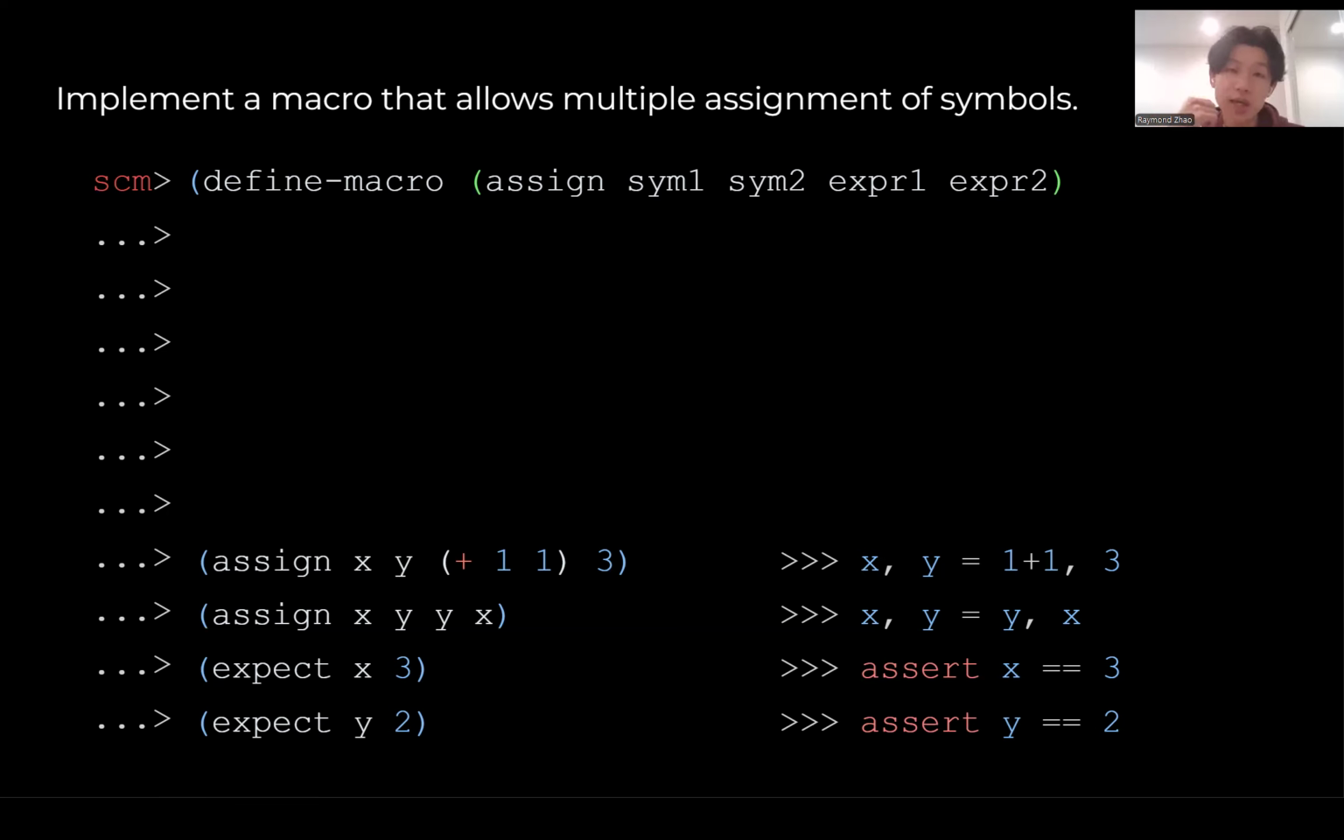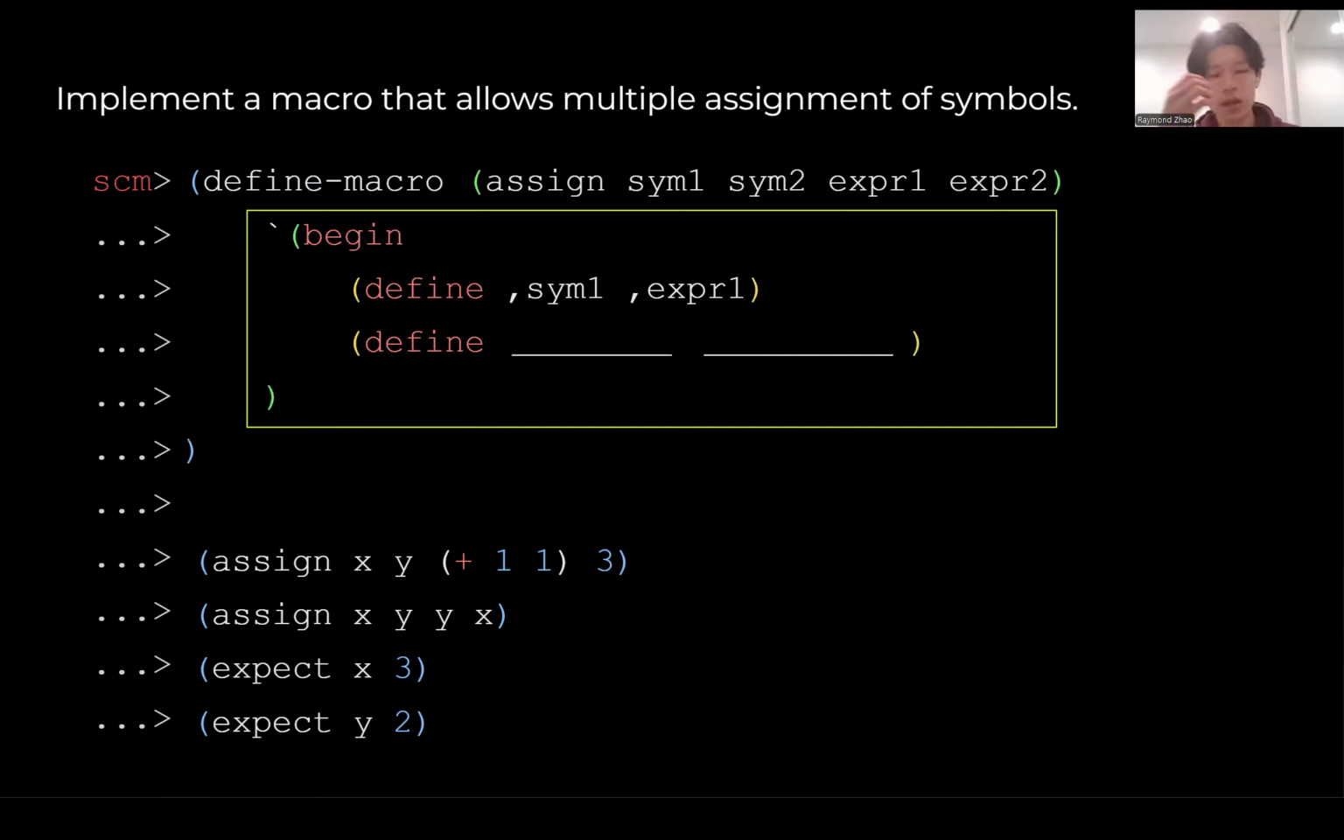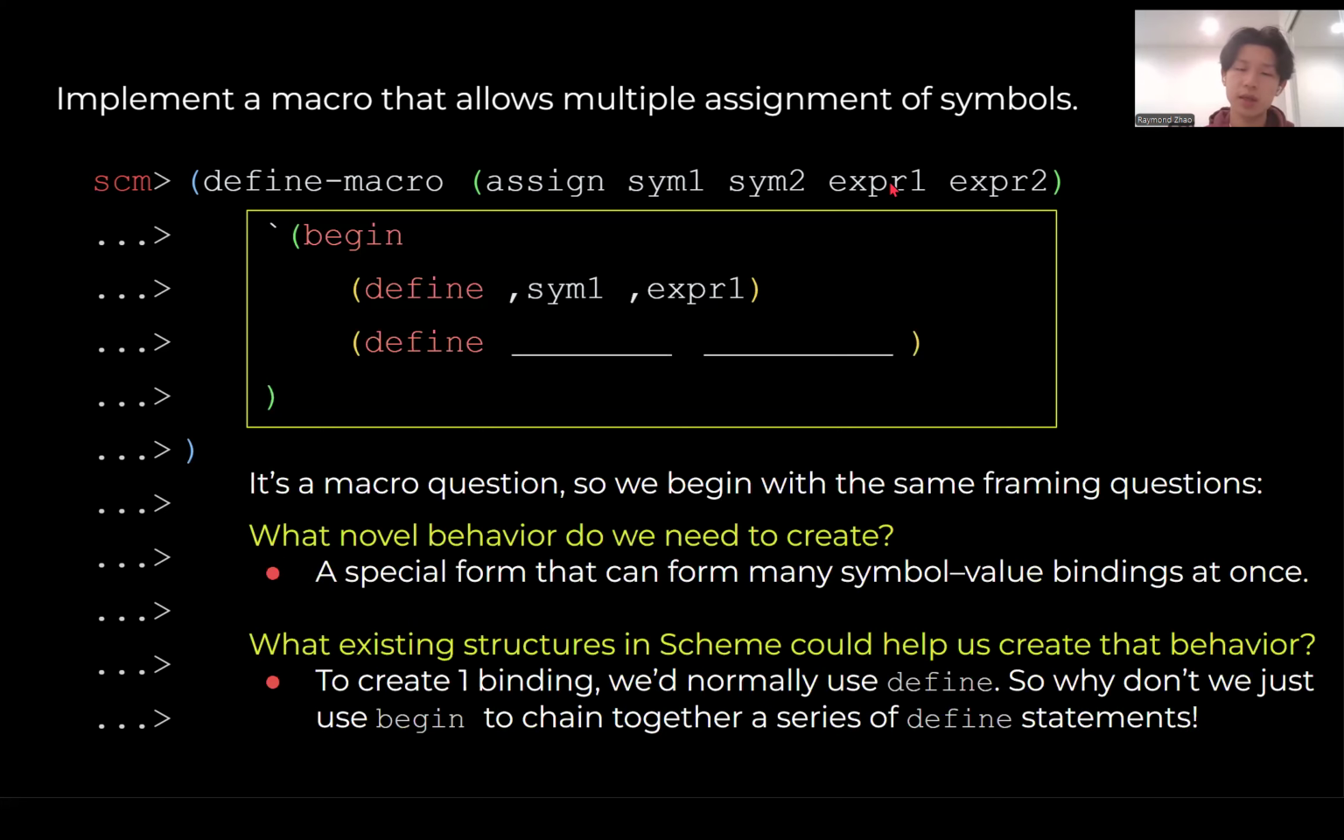Well, I know how to assign things, right? I just use a define statement. And then how do I do two things? I can use a begin. So I can do begin, define, define, and that is your macro, right? So we've just derived where the skeleton comes from. Starting from the behavior and then thinking about the logic that would implement the behavior. So I'm going to define sim1 to be expression1, and then I'm going to define